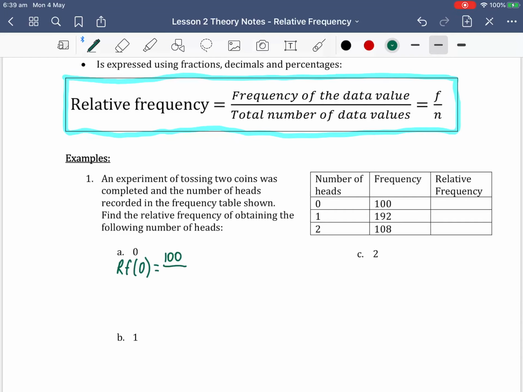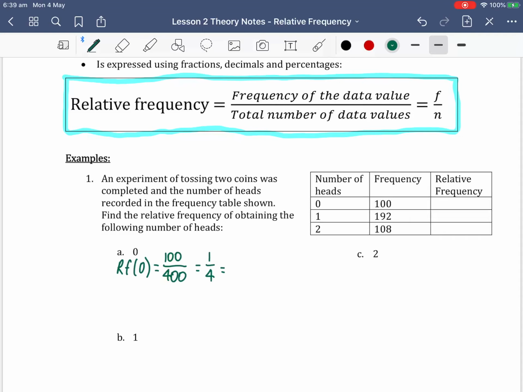So to find this, we need to add our 100, our 192, and our 108 together. And when we do this, we get 400. So our relative frequency of 0 is 100 over 400, which when we plug that into our calculator, simplifies down to a quarter,